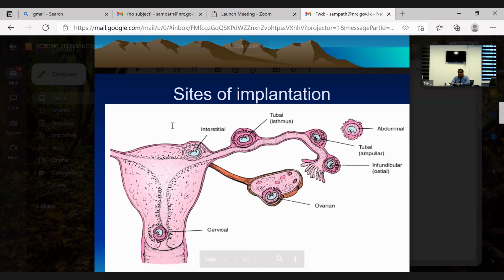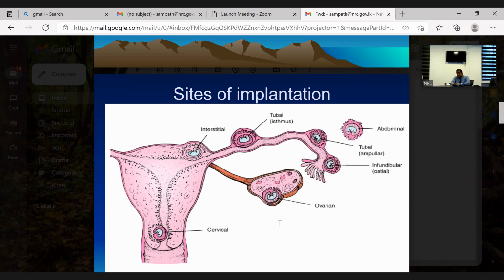I think I got a gold medal for my gynecology, because people expect you to answer rationally. You don't remove a uterus unless there is torrential, life-threatening hemorrhage. Life-threatening hemorrhages won't present to the clinic. They generally present to the casualty as a collapsed patient, right? And in all these other places, you may not have to remove the uterus. You only remove the ectopic or the part of the tube. And then another challenge is the ovarian pregnancy, right? You may need to remove the ovary at times.